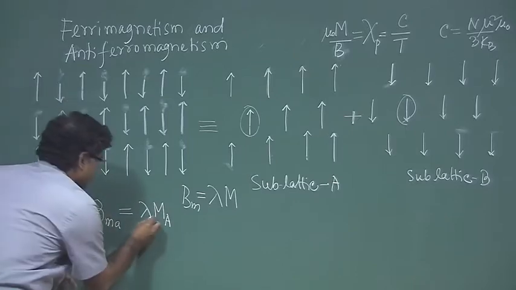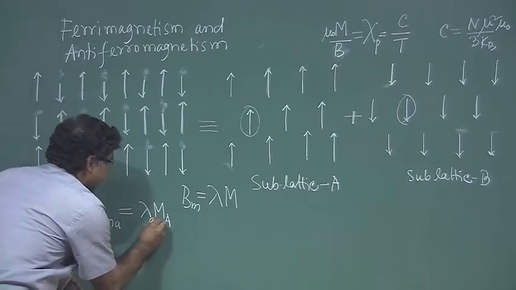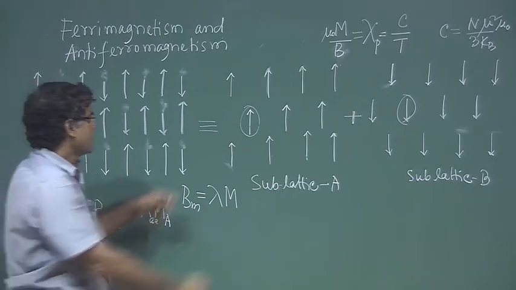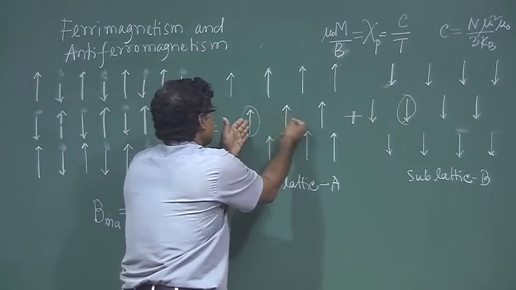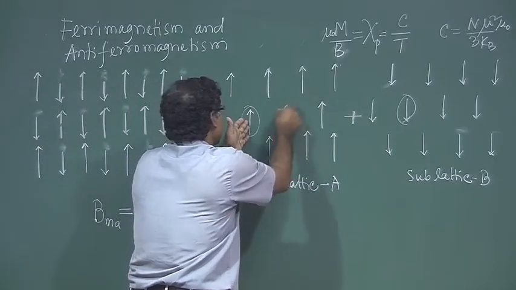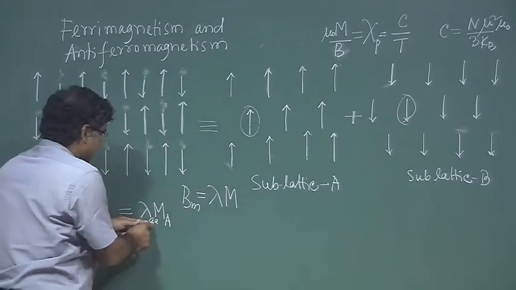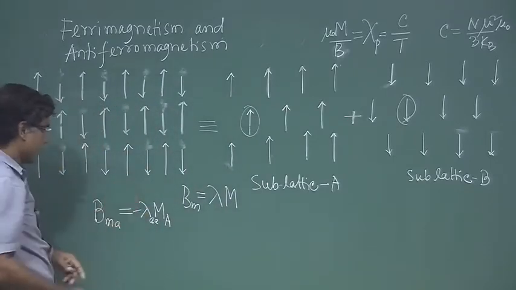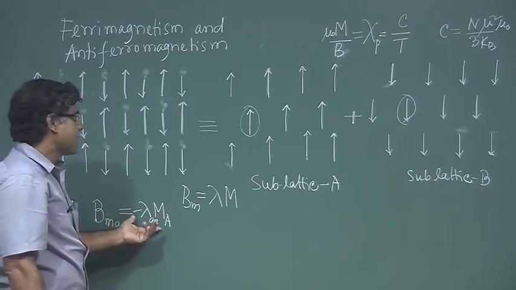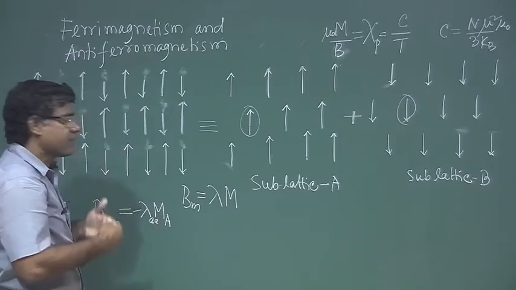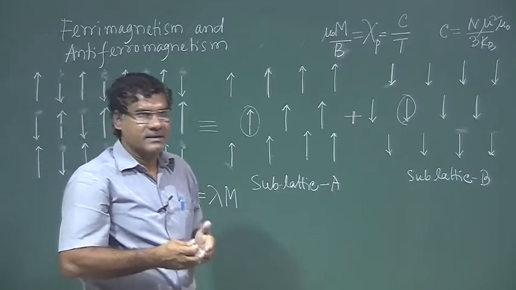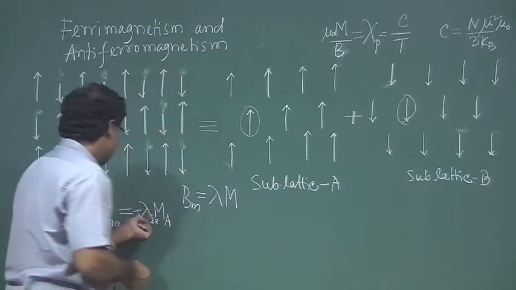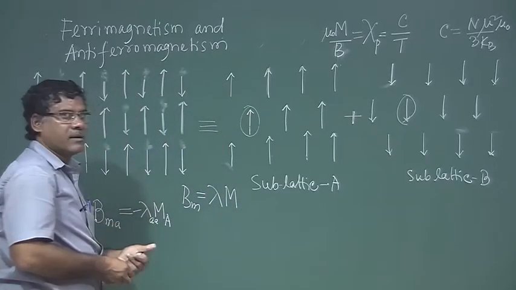Okay. So, this I am writing lambda A A because it is A site and this interaction with this A site, magnetization from A site. So, this constant I am writing lambda A A, and I am taking negative sign because we are taking here all our antiferromagnetic exchange interaction. So, that is what we are taking this minus sign,